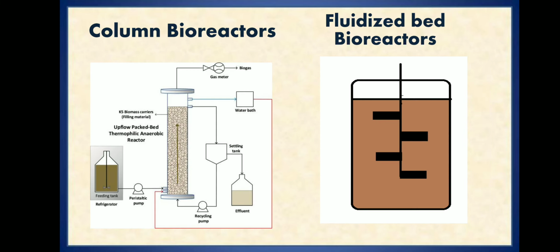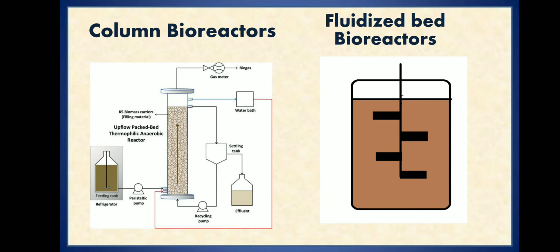Moving on, the next type of fermenter is a column bioreactor. The bioreactor consists of a glass or a plastic column into which the solid substrate is loosely packed. Now this is surrounded by a jacket that provides a temperature control system. So when the temperature is increasing, a cooling jacket will be present around here, through which cold water will be passed to absorb the heat that is being formed during the fermentation process. So here the column is filled with the substrate loosely, and the microorganism will grow on the substrate and the products are being formed. These vessels are used to produce organic acids, ethanol and biomass.